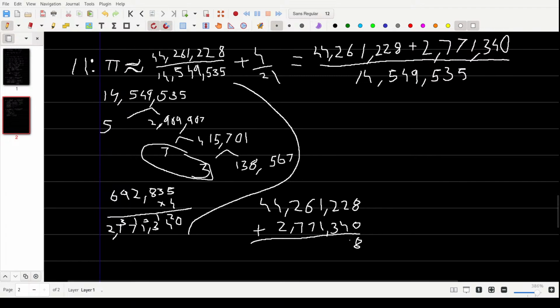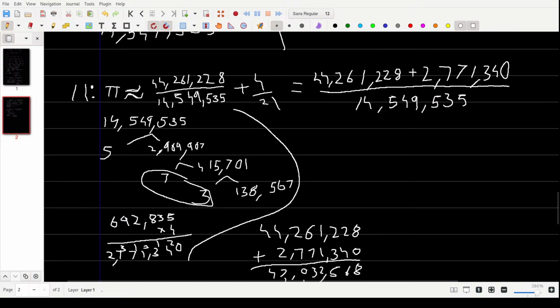That's 8, that's 6, that's 5, that's 2, that is 13, carry 1, that's 0, carry 1, that's 7, that's 4. Okay, so that means that this is equal to 47,032,568 over